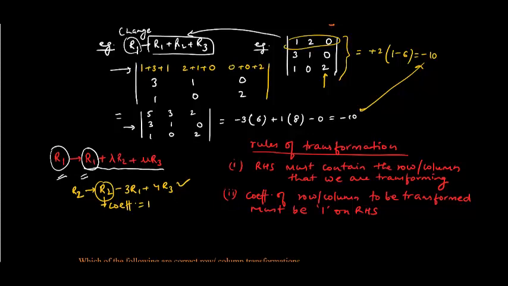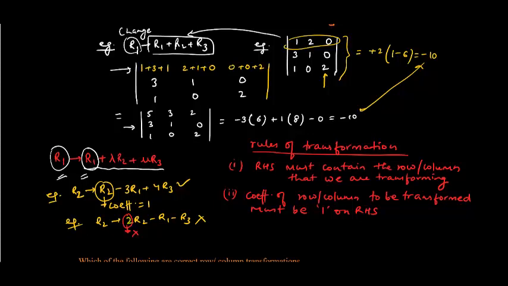So this is a valid transformation. Maybe for example, if I write, let's say, R2 as 2R2 minus R1 minus R3, this would be incorrect, and the reason for incorrect is this particular 2 that we are using here, है ना. ये जो हमने 2 का इस्तेमाल करा हुआ है, ये जो 2 है यहाँ पे, this 2 will create the problem. ये 2 नहीं होना चाहिए था. This particular coefficient should be 1. It cannot be 2.